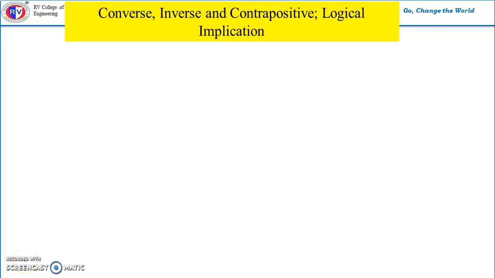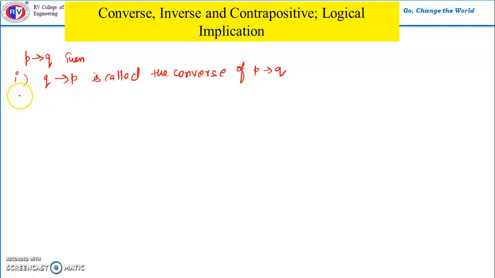In this video, I will explain converse, inverse and contrapositive of a logical implication. So consider conditional. We know P implies Q, we call it conditional. So if this is a conditional, then Q implies P is called the converse of P implies Q, and negation of P implies negation of Q is called